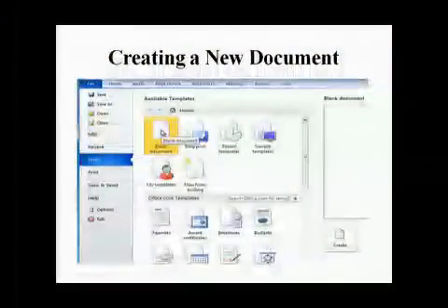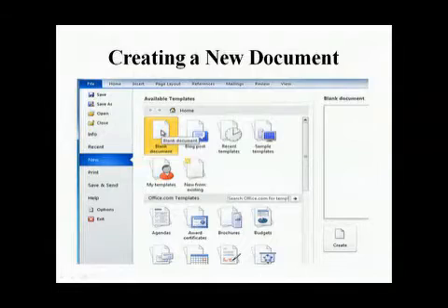Again, we have some steps to create a new blank document. You can also see in the picture. The very first step is click on the File tab, then select the New option. The backstage view will appear.